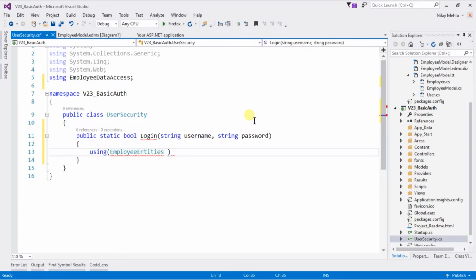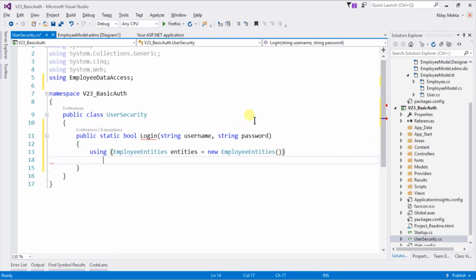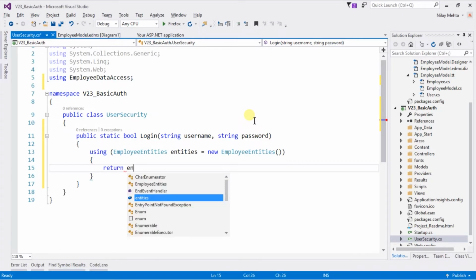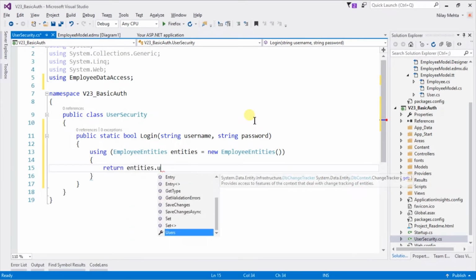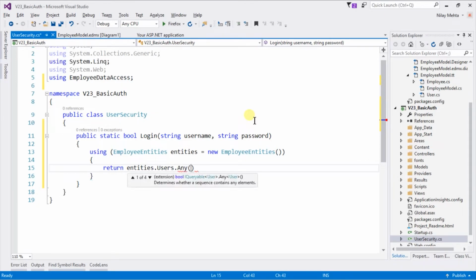Employee entities equal to new employee entities and return entities dot users dot any